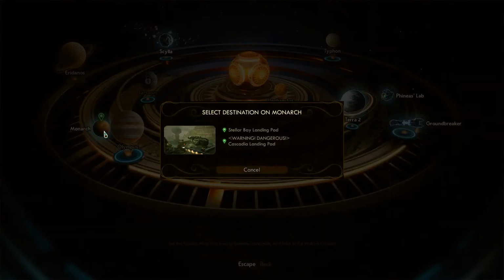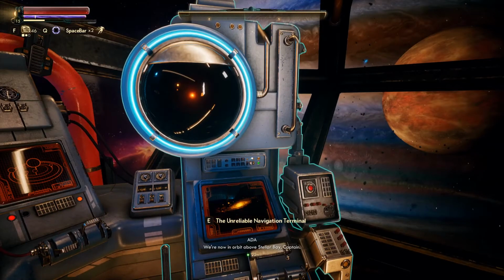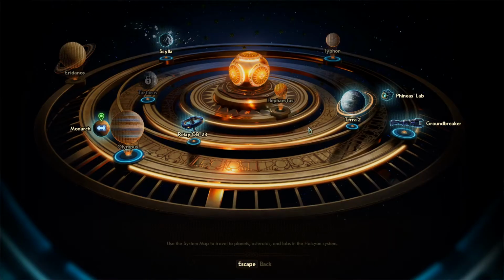Monarch. And we want to go to Stellar Bay Landing Bay. The other one is marked as highly dangerous. We're now in orbit above Stellar Bay, Captain. Alright. I was wrong about this before. I forgot one of these things, and I think...